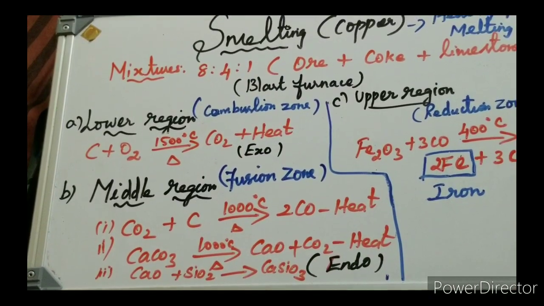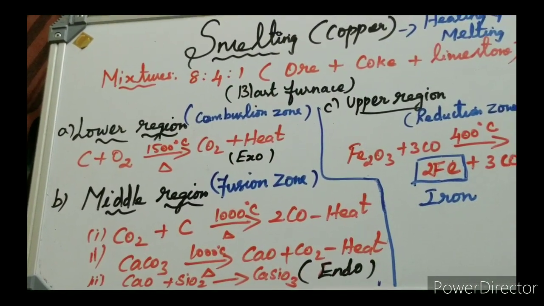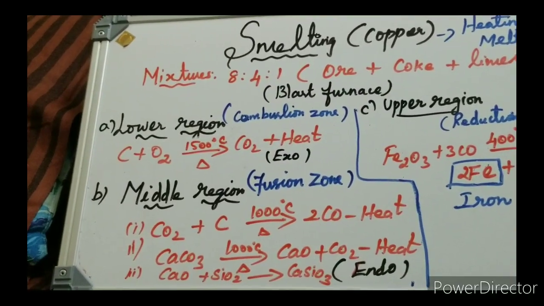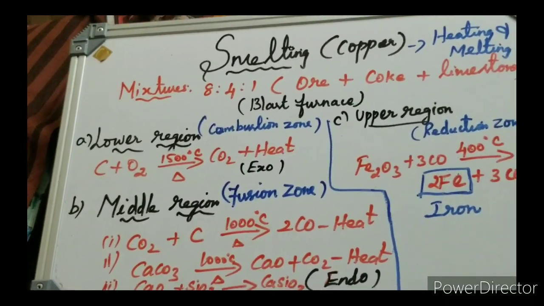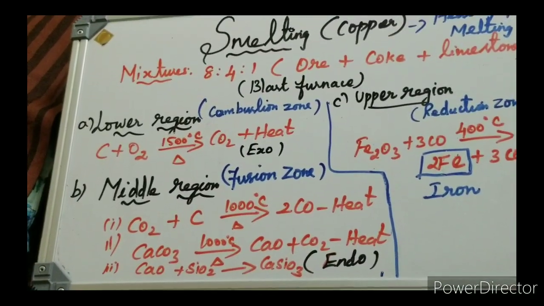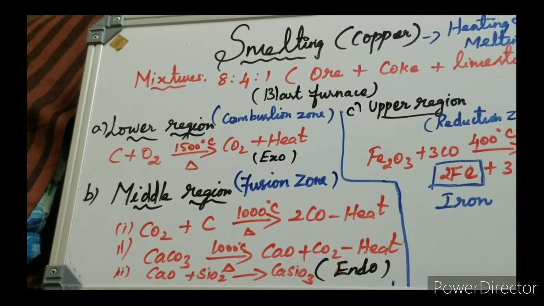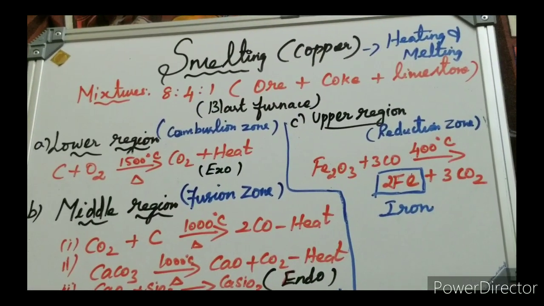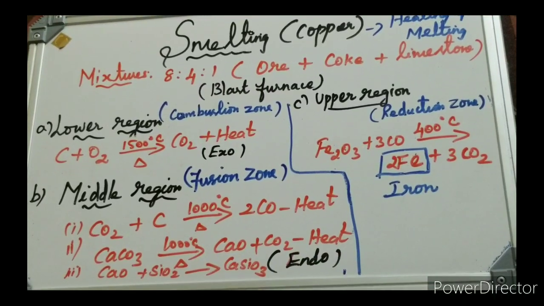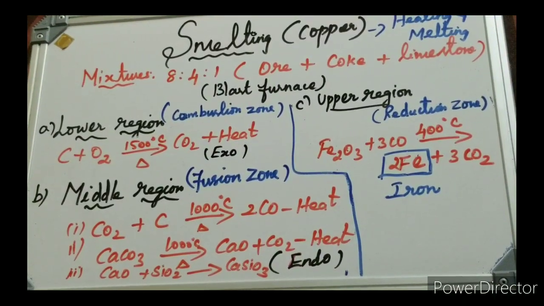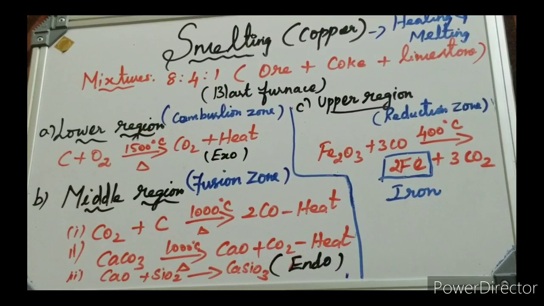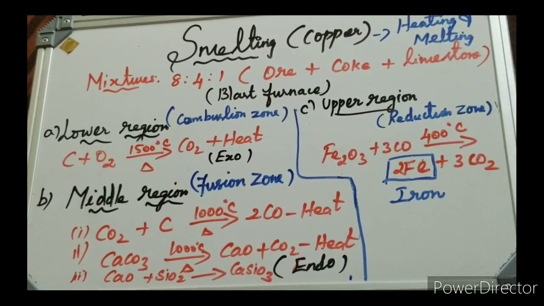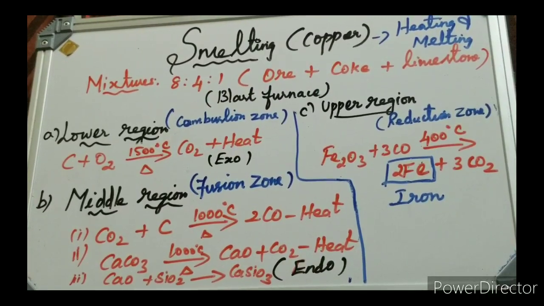The molten iron is collected at the bottom of the furnace after removing the slag. The iron obtained from the smelting process is called pig iron. Again it is remelted and cast into different molds. This iron is called cast iron. It is remelted and remolded in different molds, and finally it is used in our day-to-day life.